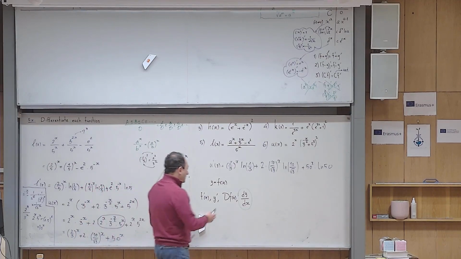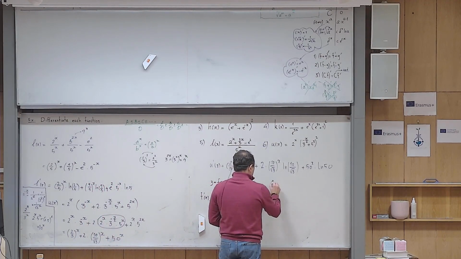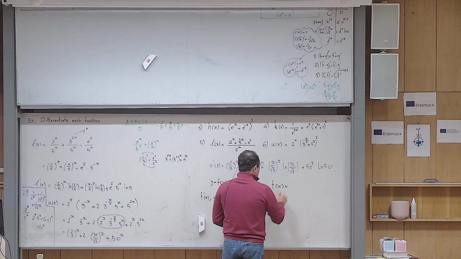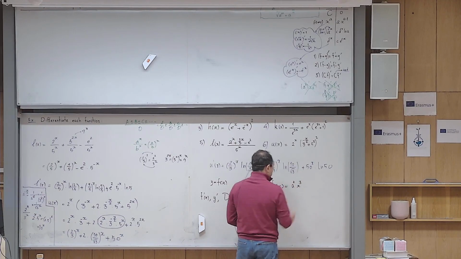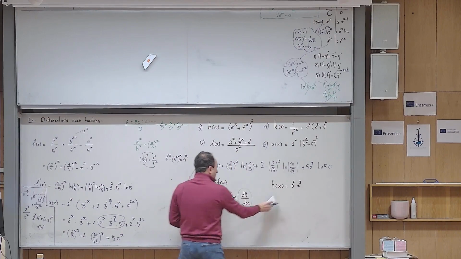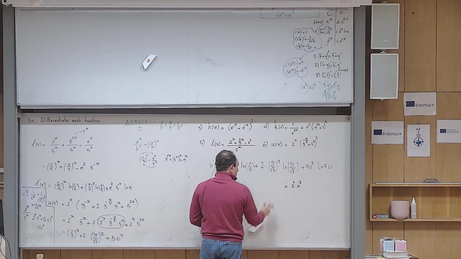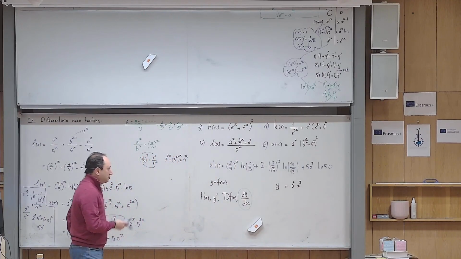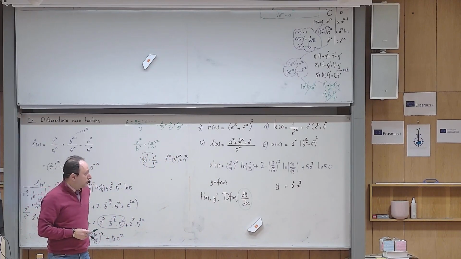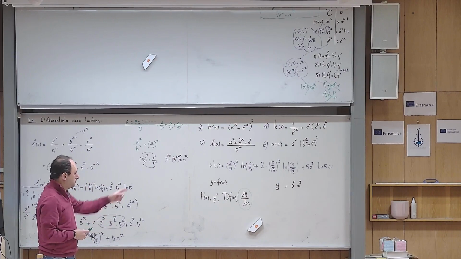Because sometimes I have a function like this, f of x equals to, let me give you a simple example. So I would write a squared x cubed. Okay, so if you don't mind, let me write it y equals to this. Of course, if in the exam I ask you to differentiate it, okay, I want to hear from you. What is the derivative of this function that you see on the